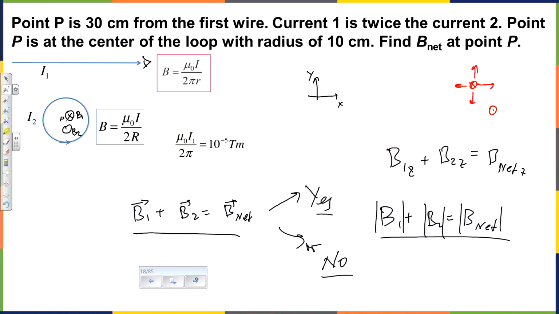So, well, right now, relative to z-axis, B net z should be equal to B2 minus magnitude of B1. So z points at us. So B2 has positive component relative to the z-axis. B1 has a negative component. And that's what it means. Now we can just plug numbers in and calculate. The rest is mathematics.